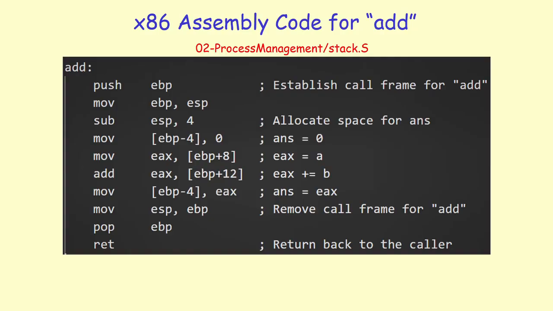All right, I hope that this video makes it clear how a typical architecture like x86 manages a stack in hardware. So the main takeaways are architectures typically use two registers, a stack pointer that points to the top of the stack, and a frame pointer that points to the bottom of the call frame for the currently executing function. The base pointer or the frame pointer is very important because architectures use the frame pointer to get the address of the parameters to the function and also to the local variables of the function.